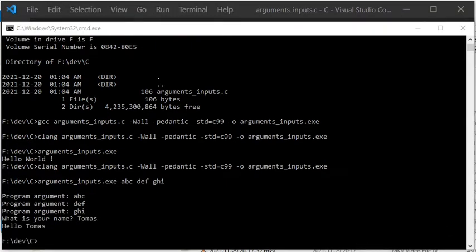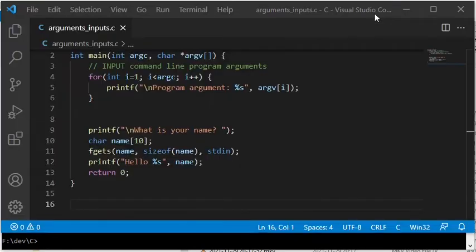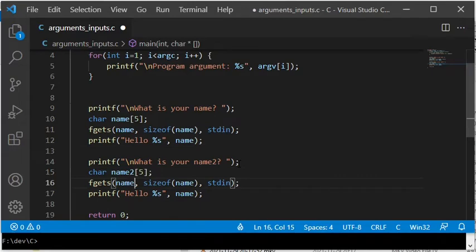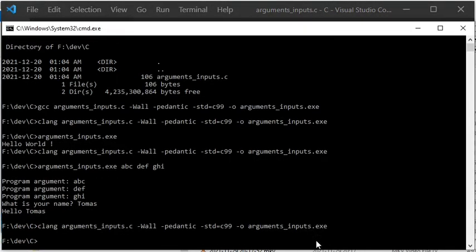However, there is a problem with the implementation, which should be improved. I will now show the problem by trying to read into two variables with two calls of the fgets function. First, I reduce the size of the allocated array to 5 characters, which is exactly the number of characters I'm going to type when executing the program to illustrate the problem. Then I copy the code to do the same thing with a new variable and a new call to the fgets function. Then I compile the program again.